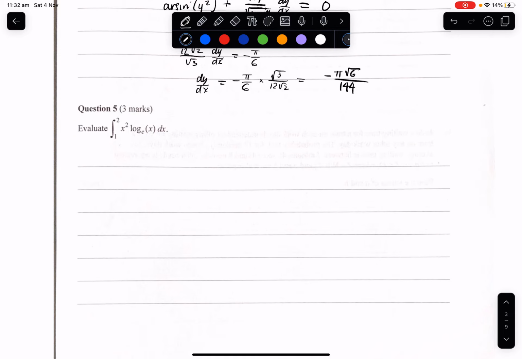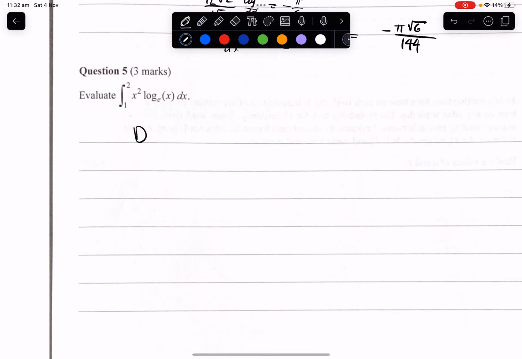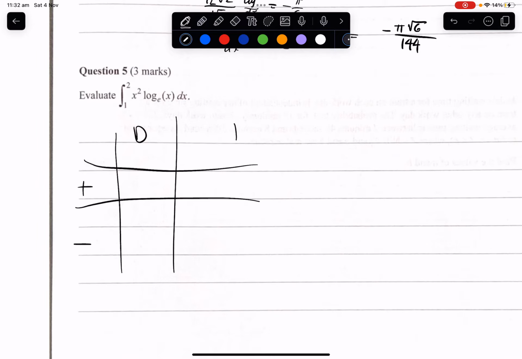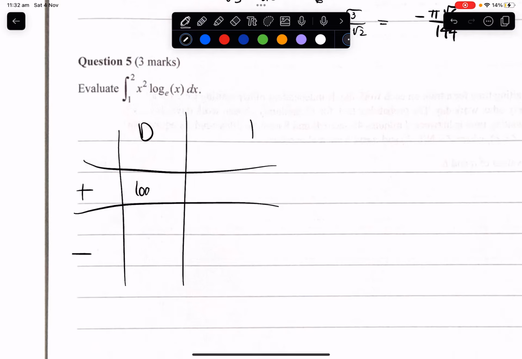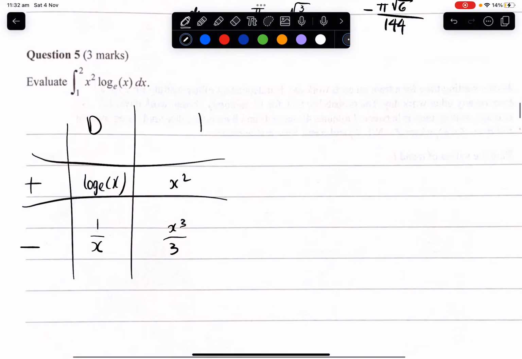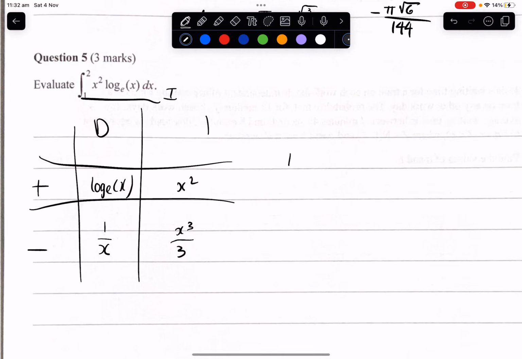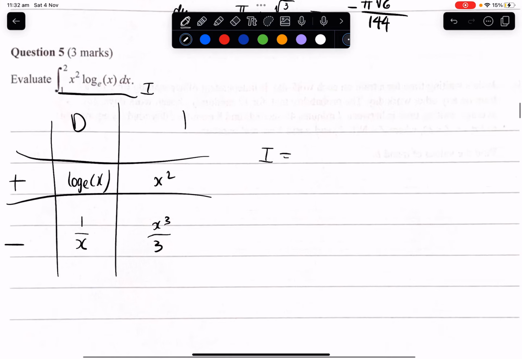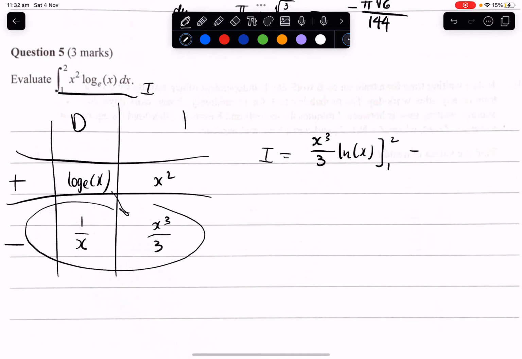Okay, so we have our integration by parts question. So you want to differentiate log, of course. That gives you 1 on x, and if you integrate x squared, you get x cubed on 3. Now that means, you can just say that's I. That means I is equal to this times this diagonal, which is x cubed over 3 ln x from 1 to 2, and then minus the integral of the row, which is the integral from 1 to 2 of x squared on 3